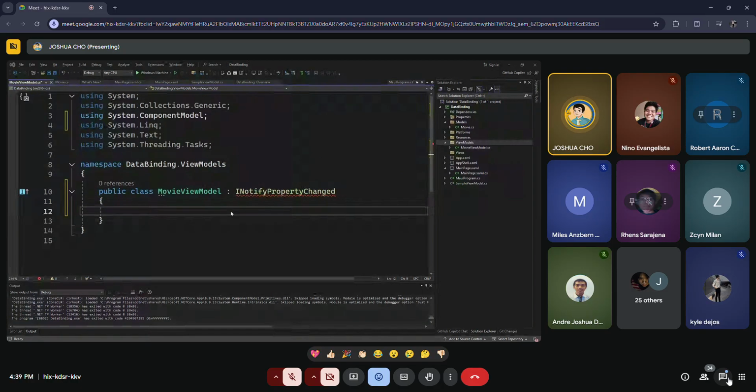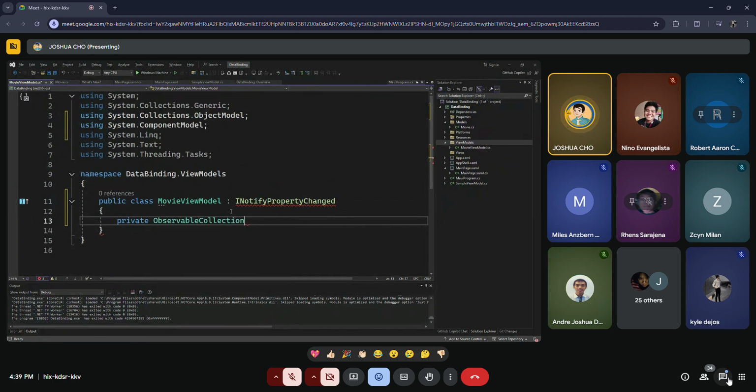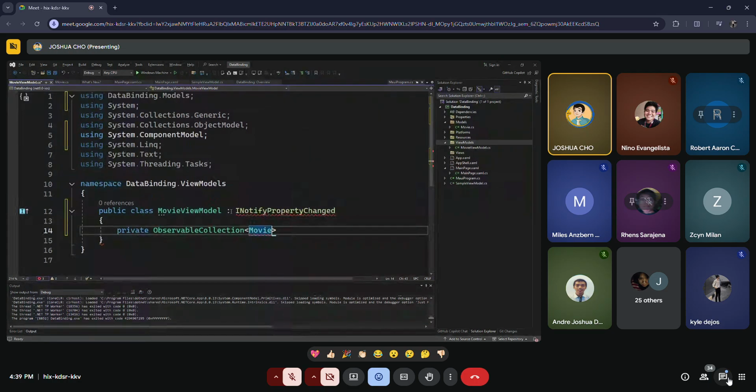Then let's create an observable collection. We'll name the type of movie. Not movie. Then we'll call this movies. So a collection of movies. So it's not nullable, I think.